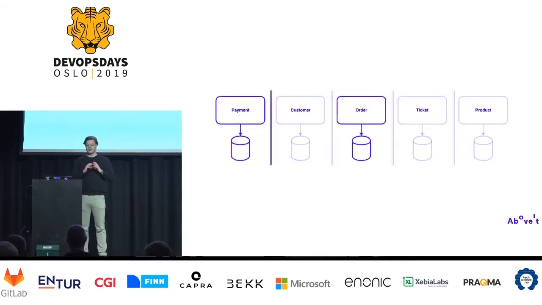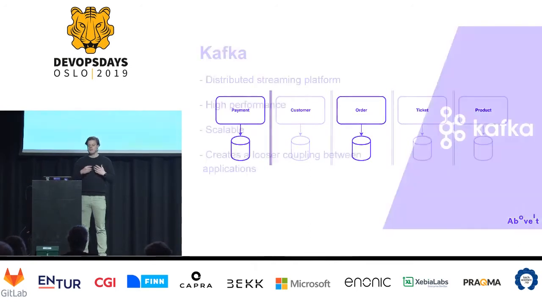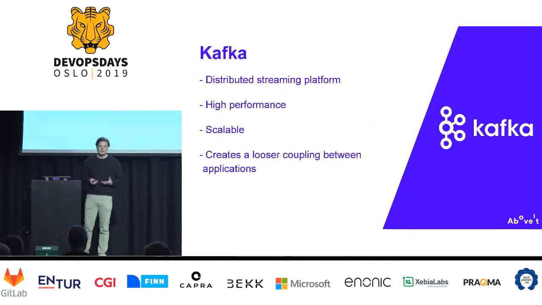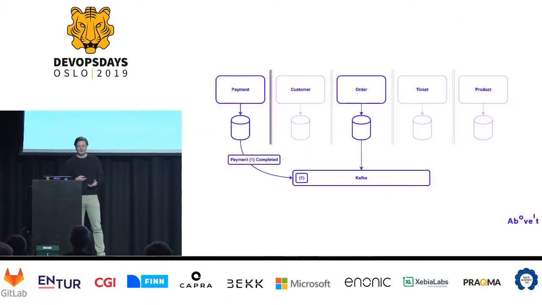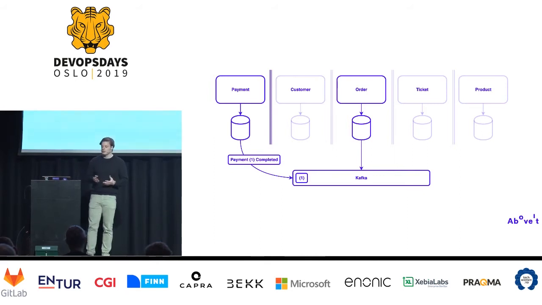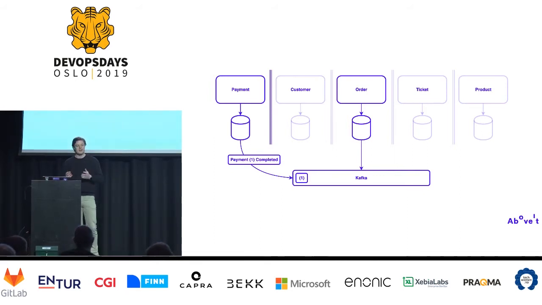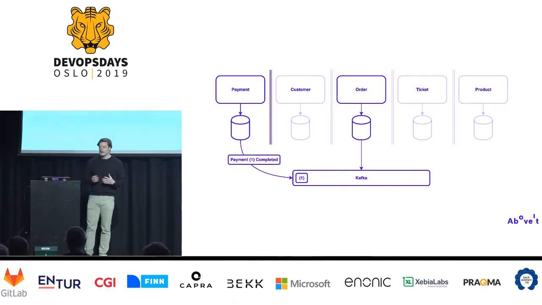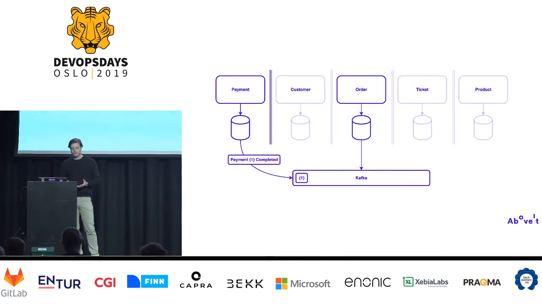Kafka is a distributed and scalable streaming platform, and a very important point for Entur. By using a streaming platform like Kafka, we created looser couplings between modules. So let's take a look at an example. When a payment has been completed in the payment module, it will push that fact to the Kafka cluster, and the order module is listening to these events. And doing this, we let information flow between the modules, and they can choose to react to them if they want to. Using a streaming platform like Kafka will create looser couplings between the modules, and every module will produce events to the Kafka cluster, and all applications listen for events that they need to know about.